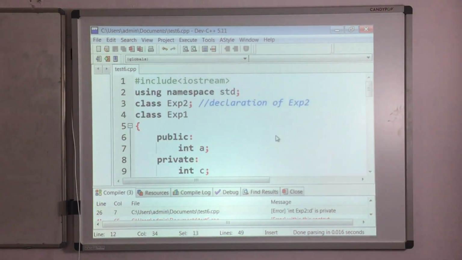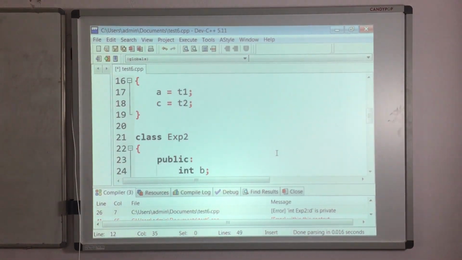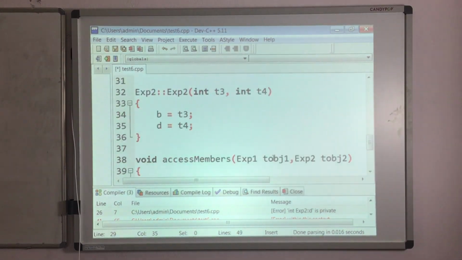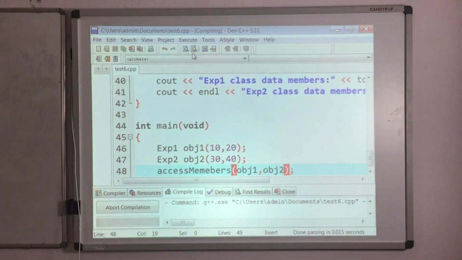So where else is the definition going? Yeah, here also access members, because we have to use the same function name wherever we are using access members. So now save it, compile. Yeah, compilation is successful.